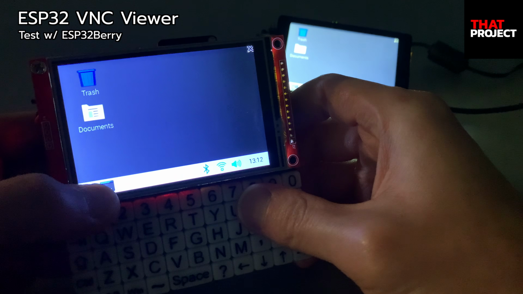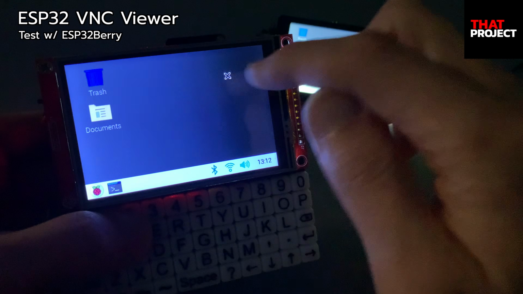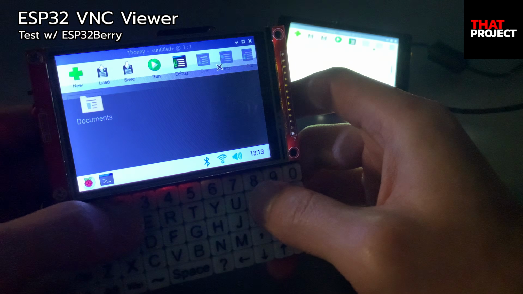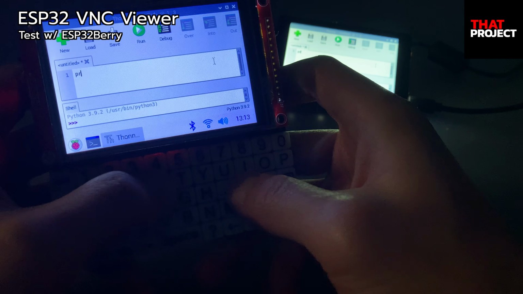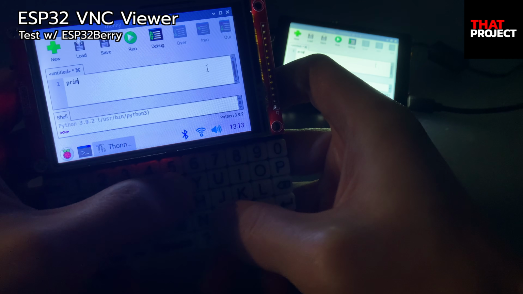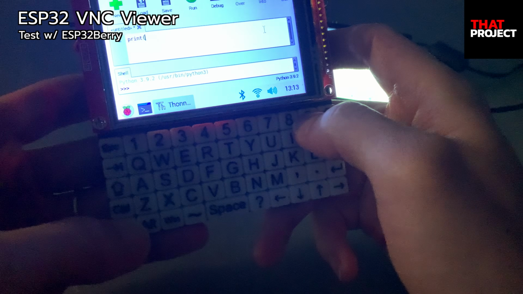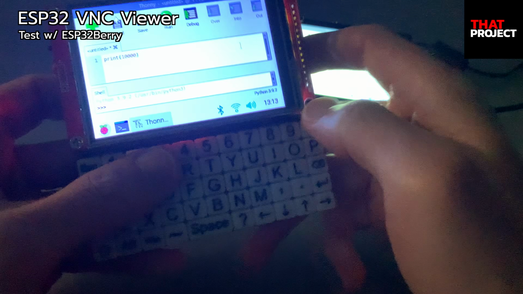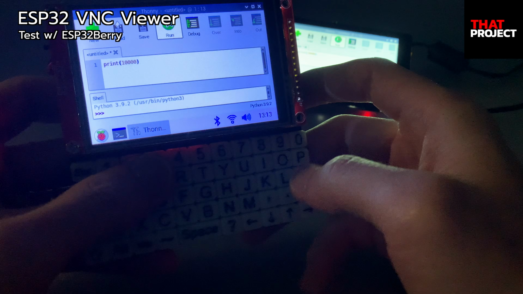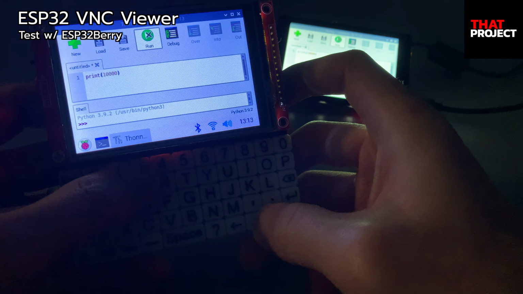ESP32 is small in many ways but strong. That's why I like this. ESP32 working as a VNC viewer is very interesting. It will be very useful if only a few parts were added so that it could be accessed from outside of the local network. Then I think we can do simple tasks remotely. Currently, the resolution issue is not resolved on other OS like Windows or Mac. I'm trying to figure out a way to do it my way. If this is resolved, I'm sure it will be more useful.